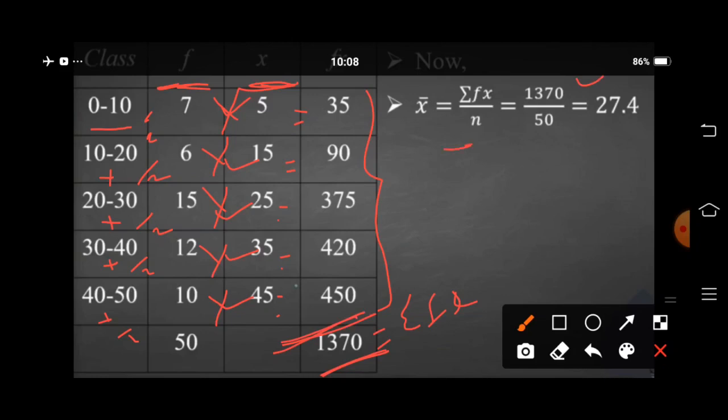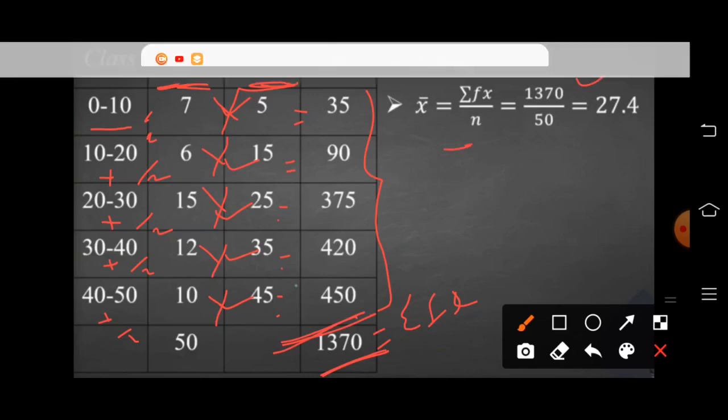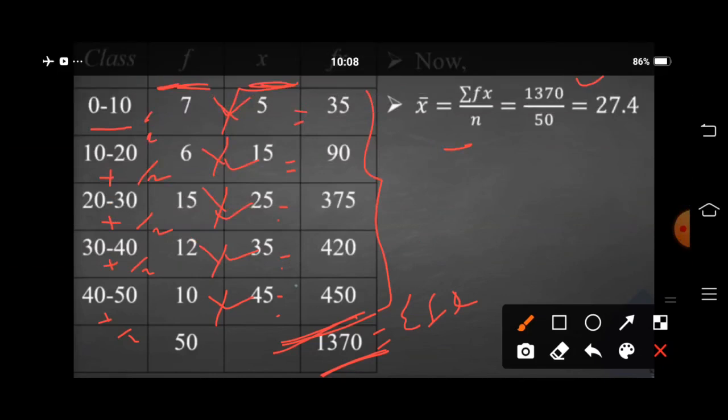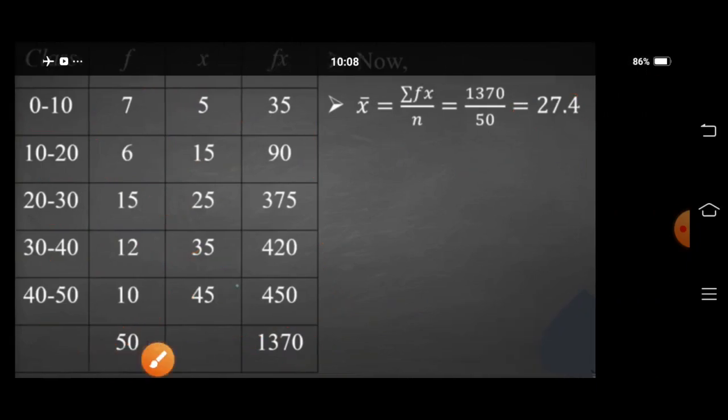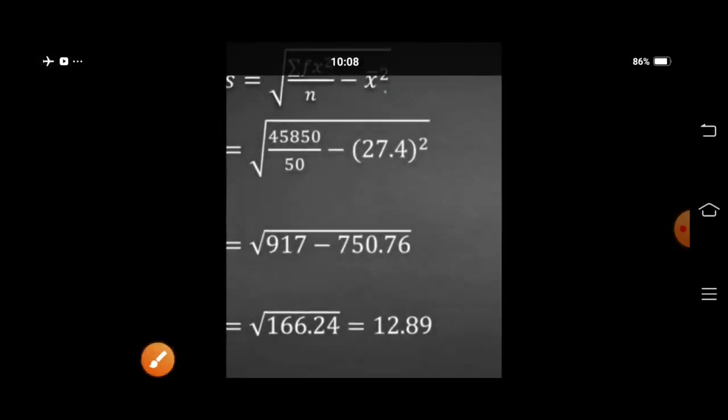Write down in formula 1370. For n, make total of f column, n equal to 50. 1370 divided by 50, we will get 27.4. Now we have to find out standard deviation, where mean is in decimal. For this, we will follow the formula